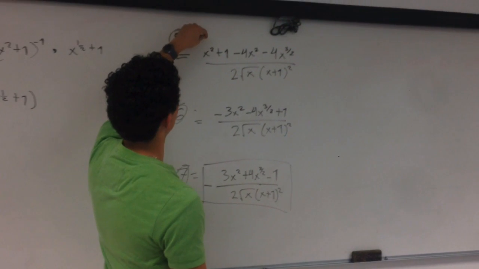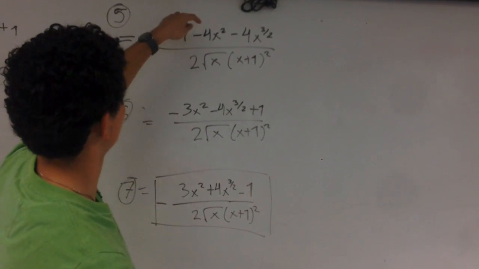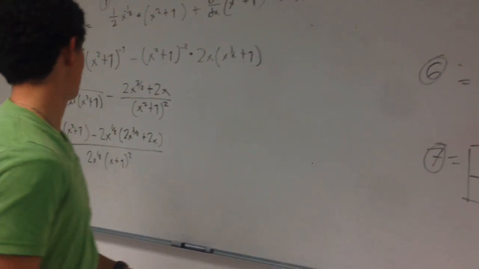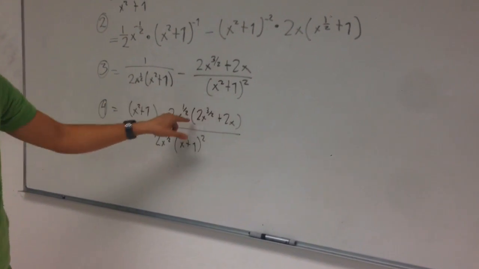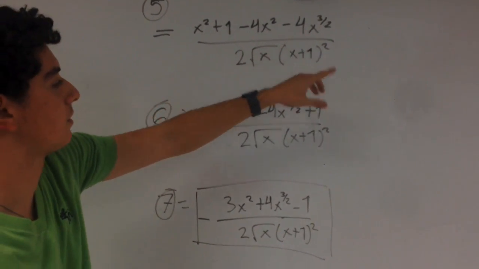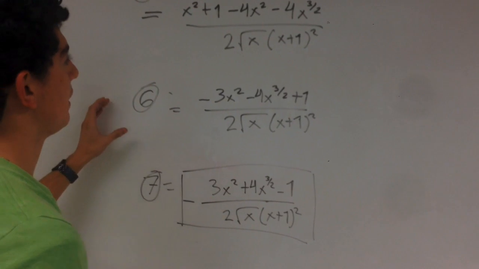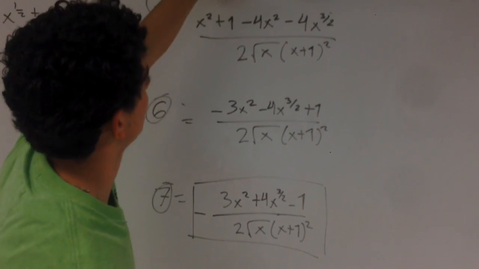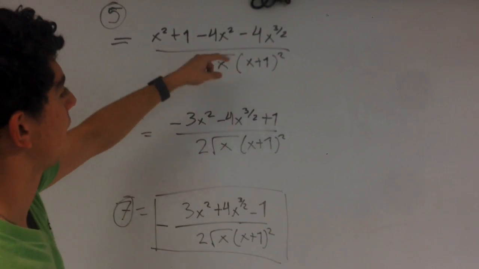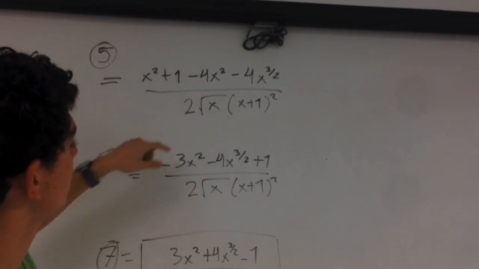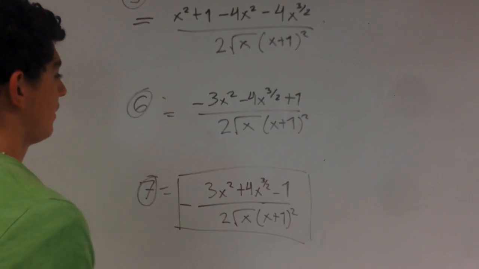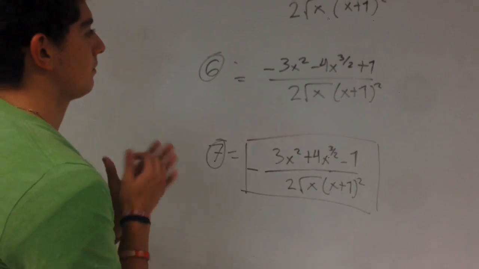which will be x squared plus 1 minus 4x squared minus 4x to the 3/2, which is the result of this multiplication, over 2 square root of x times x plus 1 squared. The next step will be just solving the x squared, which is minus 3x squared minus 4x to the 3/2 plus 1 over 2 square root of x times x plus 1 squared. And the result, the answer, will be,